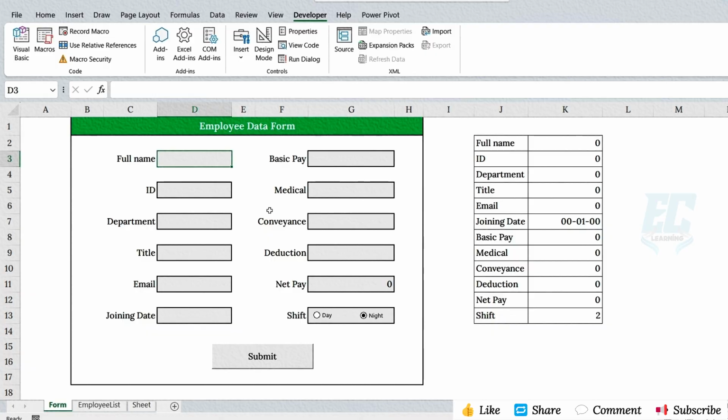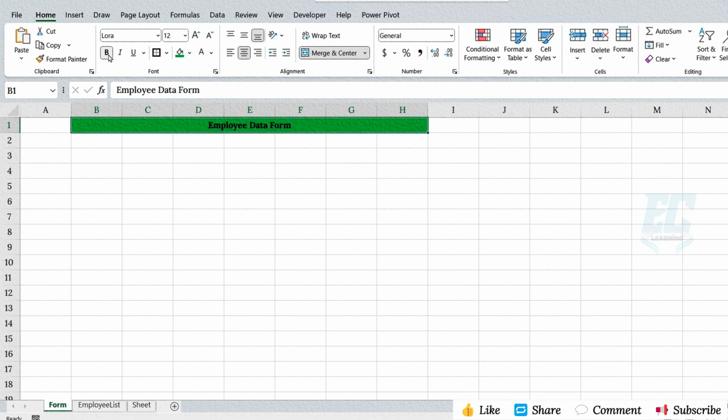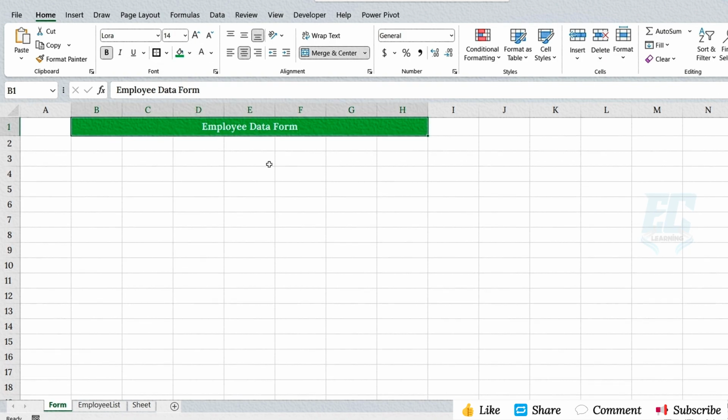Let's dive in. Start with a blank sheet and type your heading, Employee Data Form. Select the heading. Go to the Home tab, Alignment Group, then Merge and Center. Add a background color. Format the text to bold, white, increase the font size, and set borders so it looks